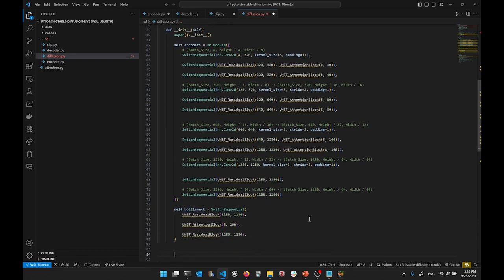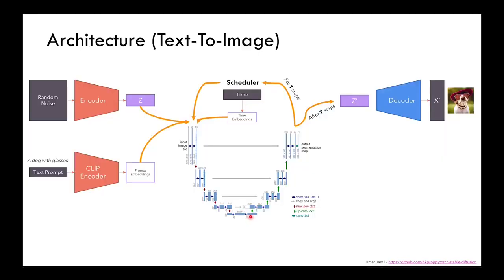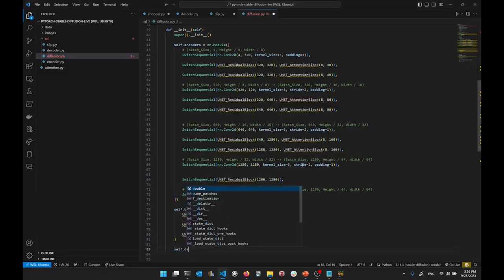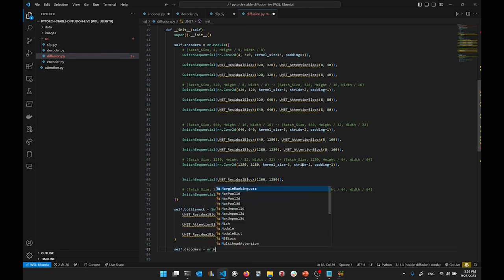Then we have the decoder. So in the decoder we will do the opposite of what we did in the encoder. So we will reduce the number of features but increase the image size. Again, let's start with our beautiful switch sequential. So we have